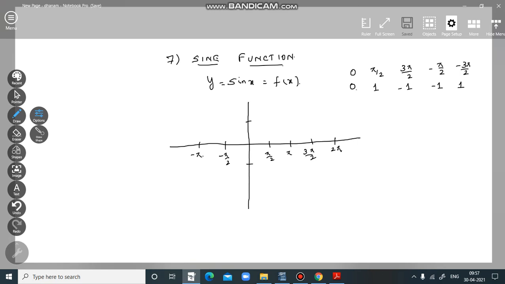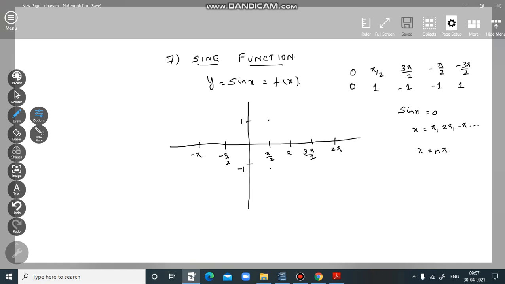We just now saw that the sine graph passes through (0, 0) and the maximum is reached at 1. That is, if this is 1 and this is minus 1, the minimum is reached at minus 1. And what are the points of intersection with the x-axis for the sine graph? Sine x equals 0 at the points x equal to pi, 2 pi, minus pi and so on. Actually, we say it for all multiples of n pi, whether n is negative or positive. For x equal to n pi, sine will be 0. That is, sine of n pi equals 0.